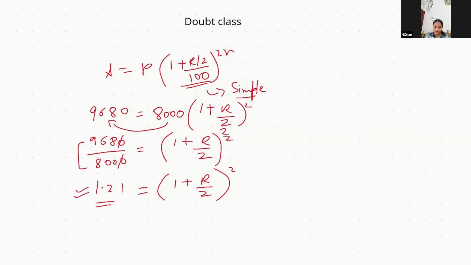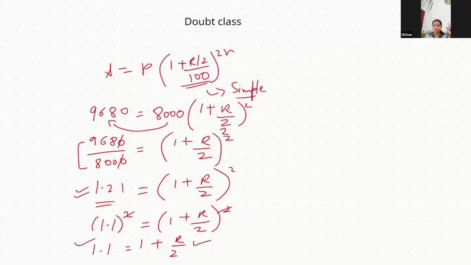Okay, 1.21. So 1.1 is its square root. 1.1 whole squared equals 1 plus R by 2 whole squared. So we can cancel the squares. So it becomes 1.1 equals 1 plus R by 2. Then after that, you got it, right? We will subtract 1 from both the sides to find the value of R. Then you will solve it. You will take R on this side, the number on that side. You will get